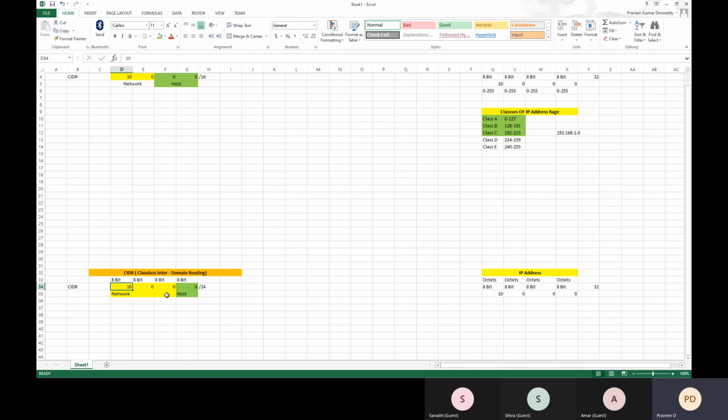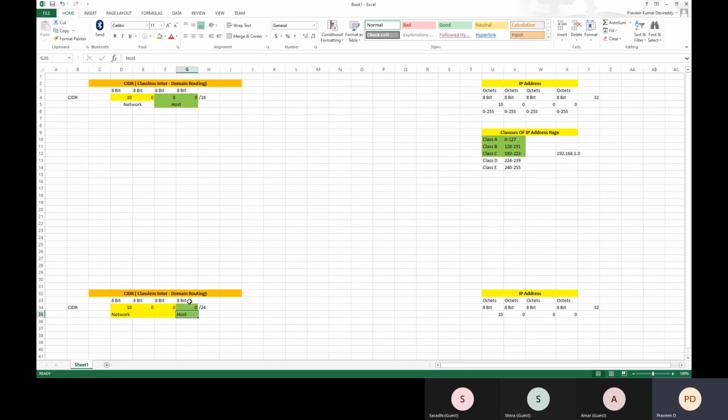I cannot change these 24 bits. I can only work with the last 8 bits. This is how the CIDR format works. And in Azure, if you want to give an IP address for any virtual network, we should follow the same format, which is CIDR notation format.